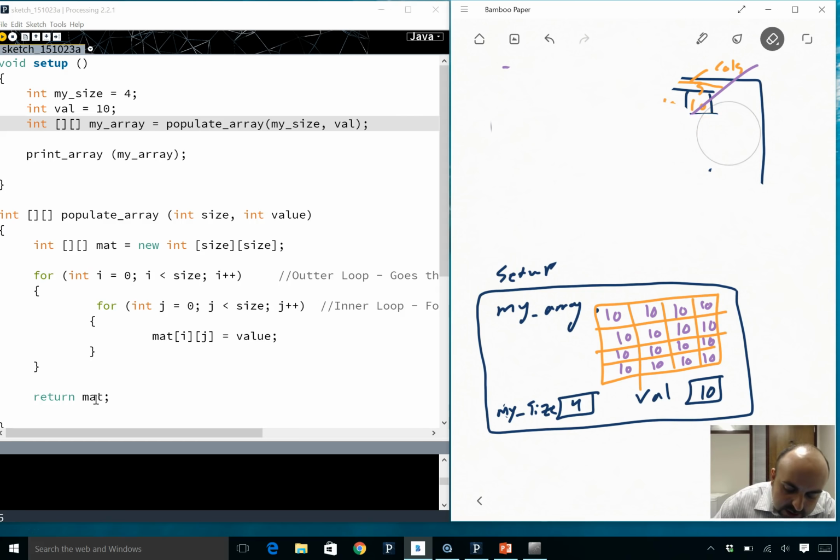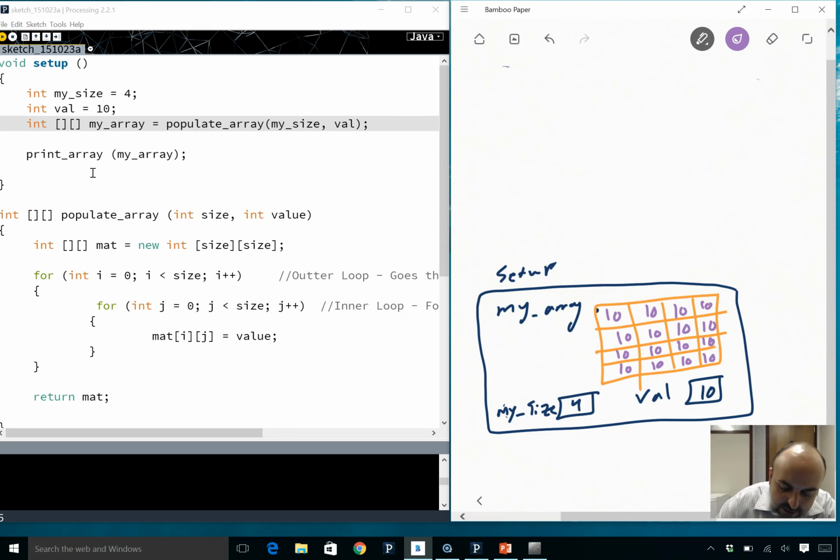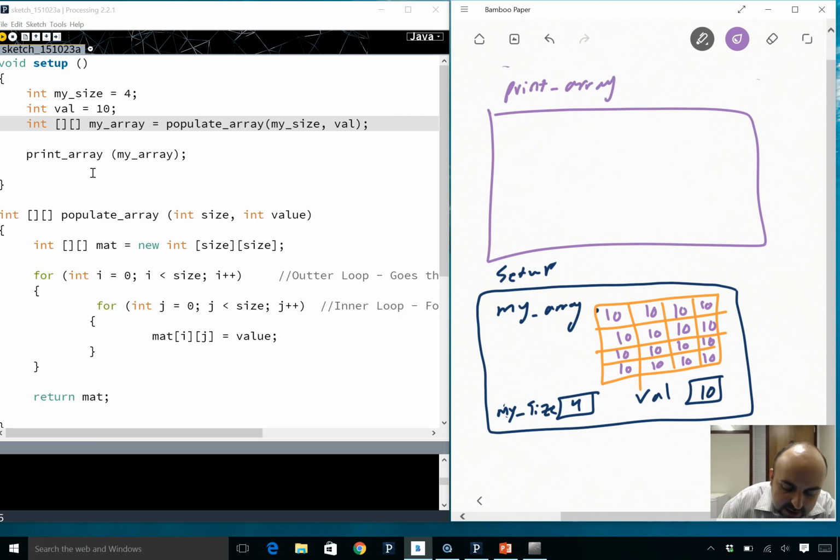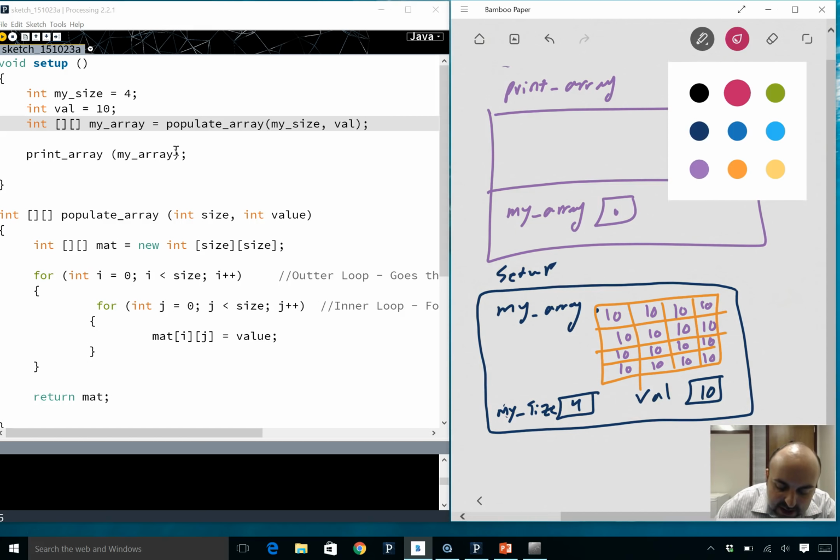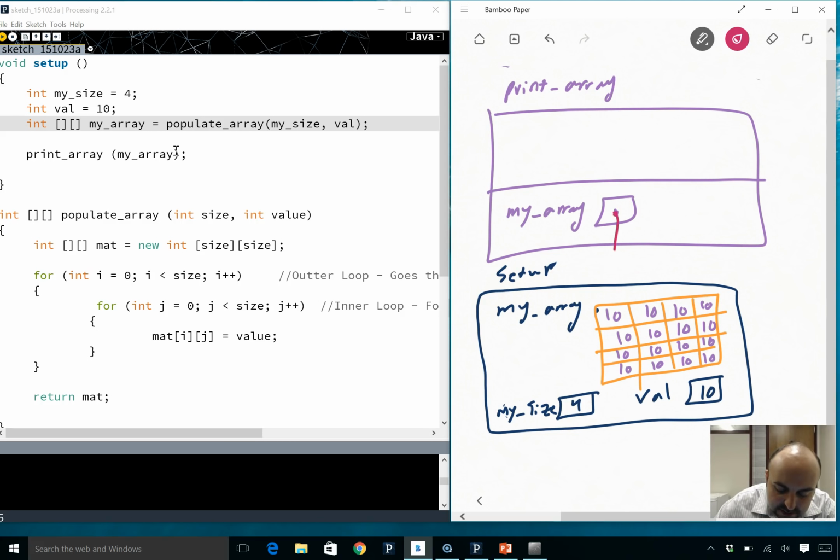So it's done, and that's what we end up with. And then we're gonna call the other function, print array. So let's get print array in there. To print array, we're going to pass my array, of course, by reference. So I have my array is the only function argument, and as we said, this is sent by reference, so